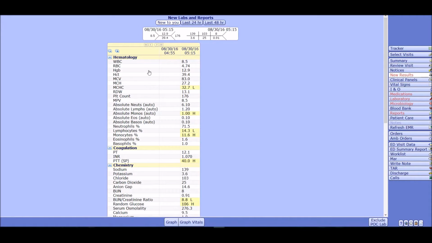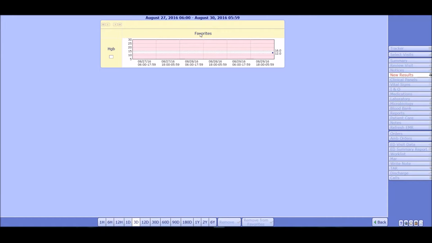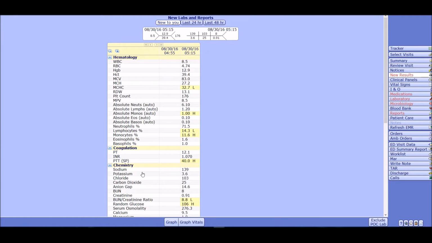So let's just say hemoglobin. I'll right click here and notice it says graph or graph favorites. We'll go ahead and choose graph favorites for now. And that's going to be added, if I click on graph, to this list called favorites. And actually when you click on it, you can remove it from favorites if you want, but we'll go add a couple more. So I'll right click on, let's say, potassium, graph favorites, BUN and creatinine, graph favorites, and then